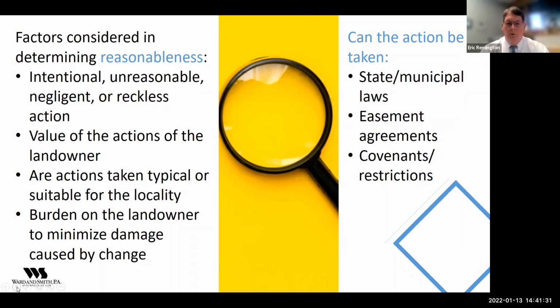You got to look at the local ordinances as to what kind of uses can be made of that property, and whether those are appropriate uses, whether there's any kind of easement agreements related to drainage or other water flow, whether there's utility easements of any kind, that kind of thing. And then the covenants and restrictions that apply to the property.